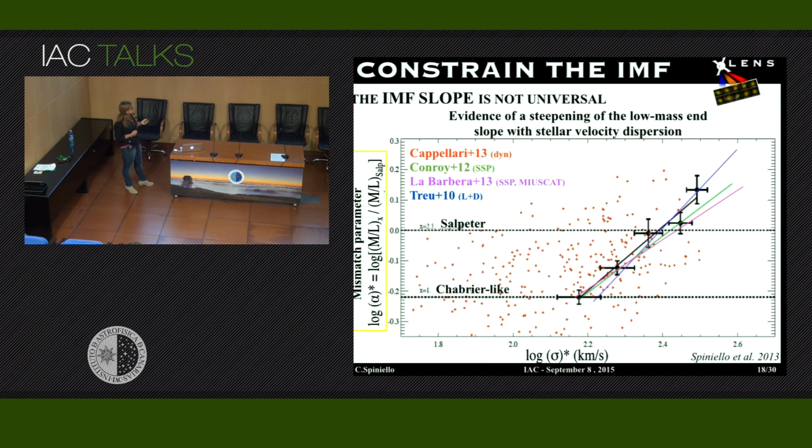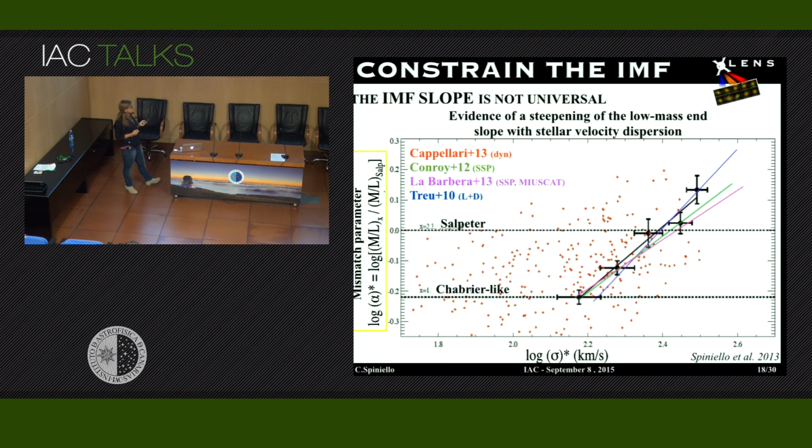That's the mass to light ratio that you will get by using the inferred IMF, so the best fit IMF from the models, from the chi-square analysis, divided by the mass to light ratio you will have by using a standard Salpeter IMF. Okay, so this number will be higher if your real IMF is bottom heavier, and will be smaller if the inferred IMF, we're always modeling, is less bottom heavy than Salpeter, so Chabrier-like, it will be tapered, okay? So these points over here are all the galaxies analyzed by the ATLAS 3D people, and obviously